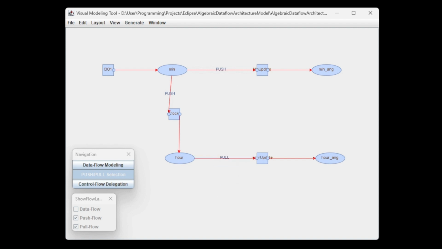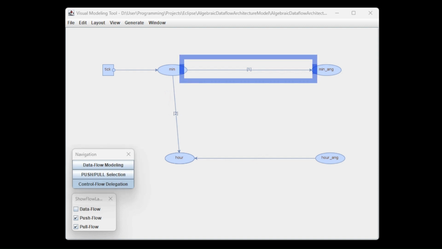Data transfer methods are selected in the push-pull selection step. That is the first step of the control flow modeling stage. The second step of the control flow modeling stage is the control flow delegation step. Let's switch to the control flow delegation step. In this step, each control flow is represented by a blue arrow. By comparing with the data flow graph,